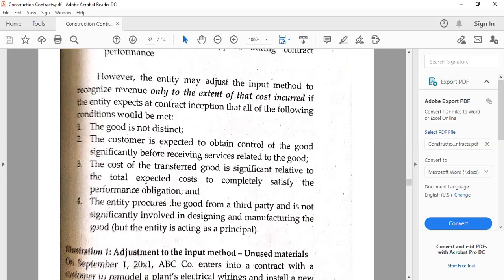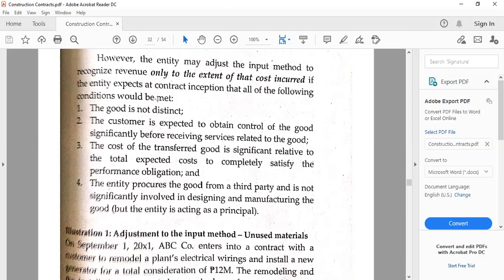In this case, there have to be some adjustments just for the sake of computing the percentage of completion, but overall, they will still be included for the computation of the revenue and cost. We will see that in the subsequent examples, as to what I meant: they will be excluded for the purposes of computing the percentages of completion, but they will be added back to be able to get the